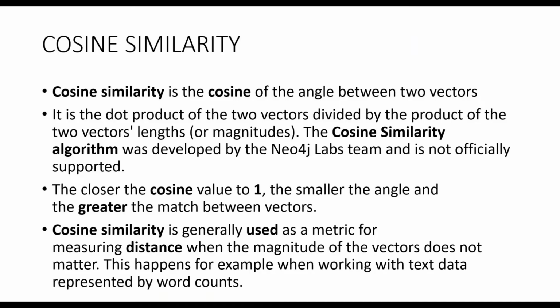Dhanesh here. Cosine similarity. Cosine similarity is the cosine of the angle between two vectors. In math, quantities can be classified into scalars and vectors. Scalars are physical quantities having only magnitude. Vectors are physical quantities having both magnitude and direction. You are aware of these things because we learn it in math.